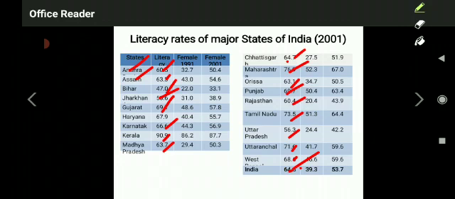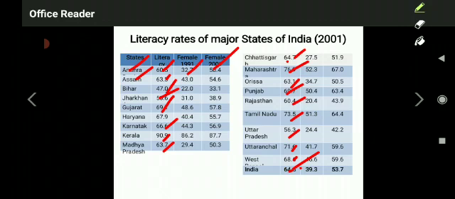Look at the data here. In Andhra Pradesh in 1991, the female literacy rate was only 32.7%, and in the year 2001 it becomes 50.4%. Earlier it was 32 point something, and it is 50.4% in 2001. So in those 10 years, we understood that the female literacy rate in Andhra Pradesh has increased drastically. We can understand this situation with the help of this presentation of data in table form.